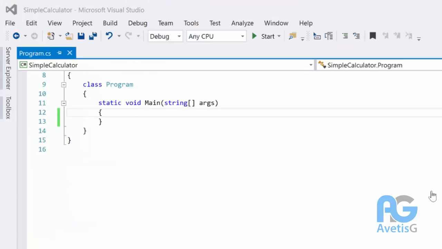Let's learn about conditional statements. So conditional statements allow